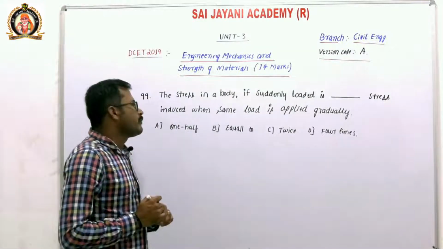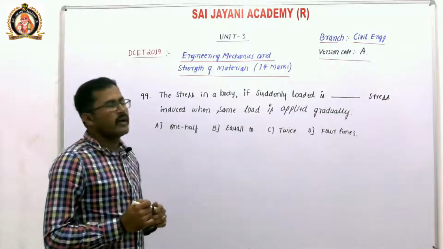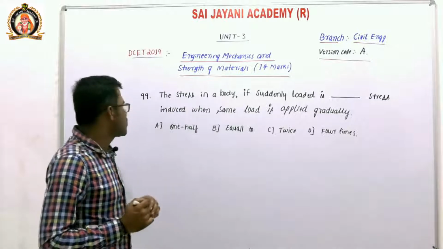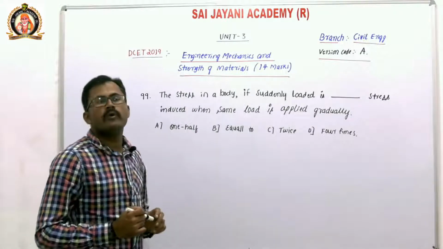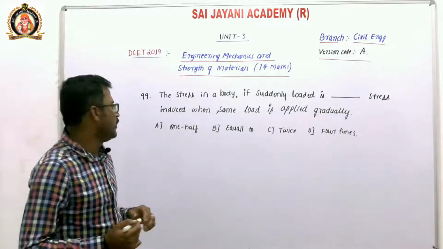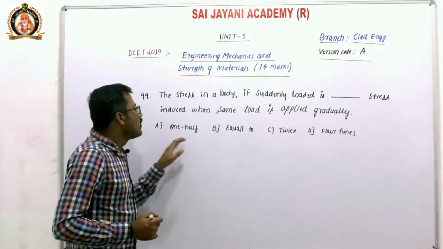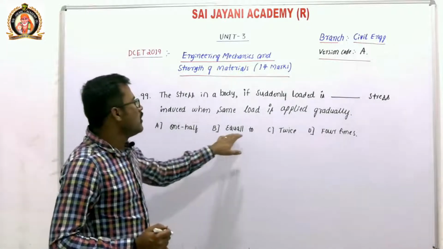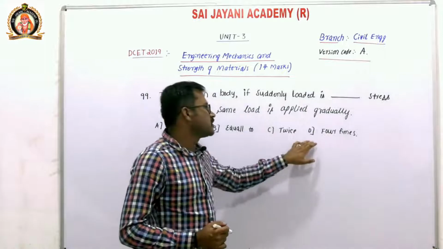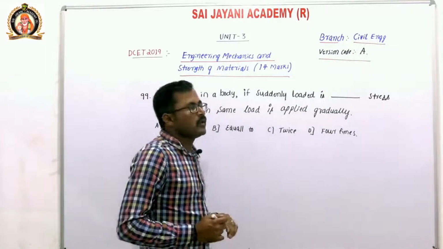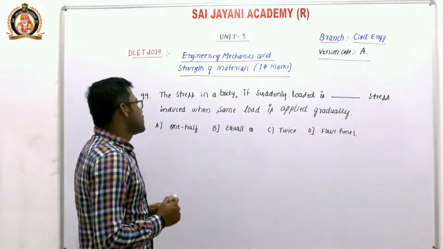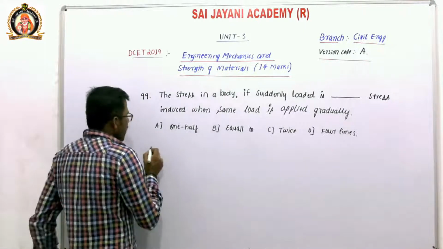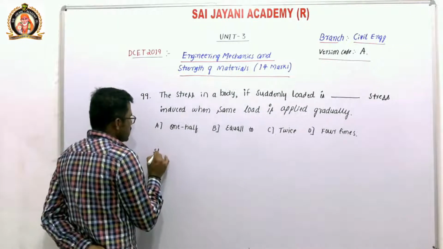The stress in a body, if suddenly loaded, is dash the stress induced when the same load is applied gradually. Option A, 1/2. Option B, equal to. Option C, twice. Option D, 4 times. So we know that the stress for a gradually applied load